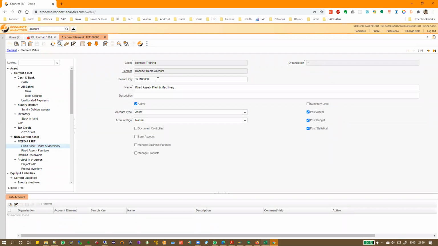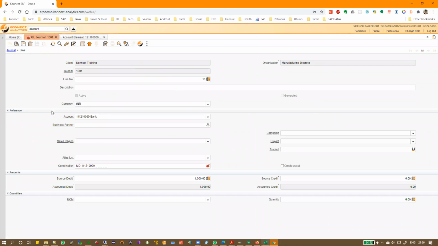Okay. So I take this account number. So I debit this by 1000. I'm debiting fixed asset, and I add a new line,